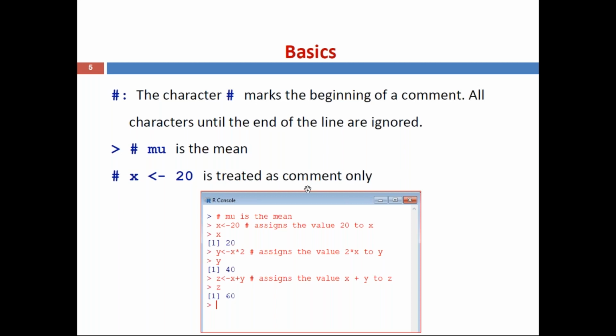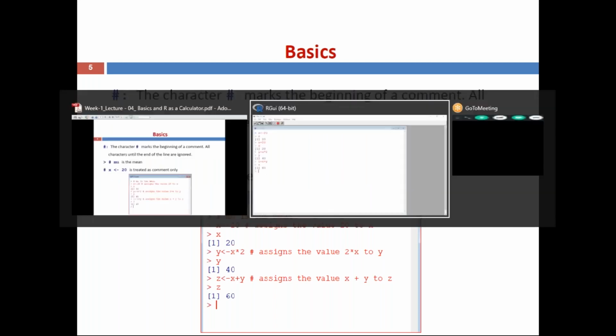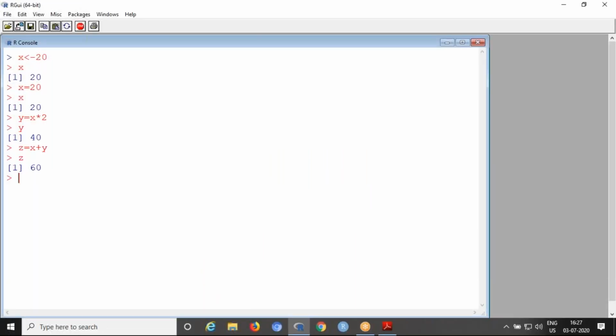So now you can try using R software. Now I'm using hash mu, and anything here you can write, is the mean. Anything you can type. You can enter, and nothing will be displayed. That is a comment actually. Suppose you are storing something into x, 20. Here you can write the comment, 20 is assigned to x.